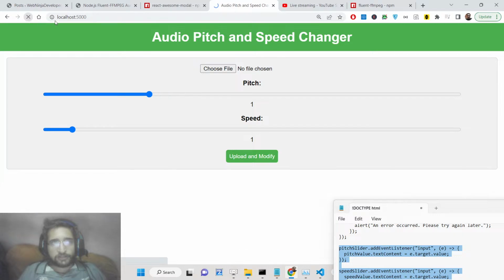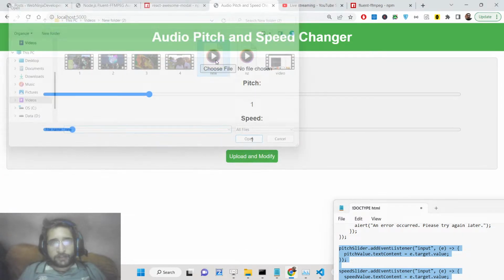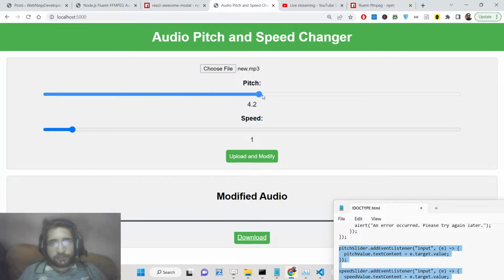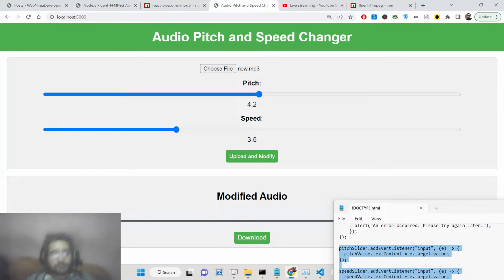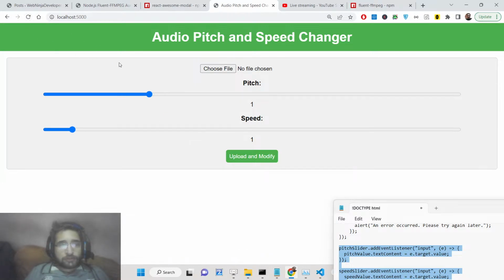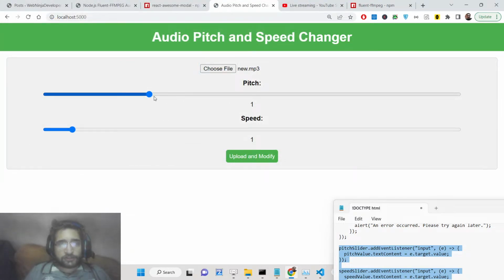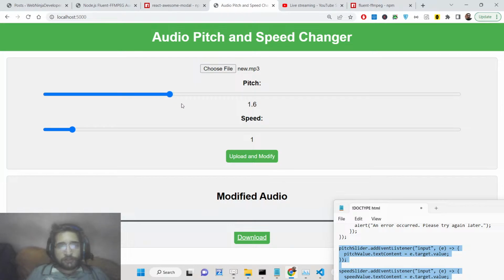So right here, if I select this, now you can see the pitch value is also changing. So again, if you select this and click on this, if you increase the pitch,